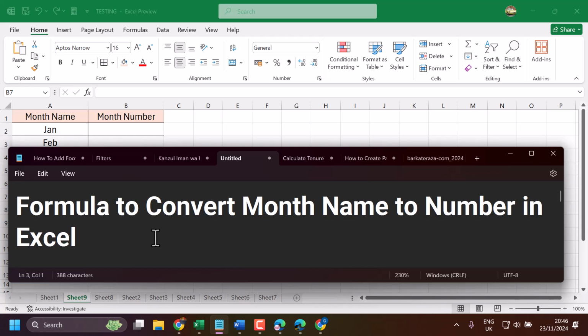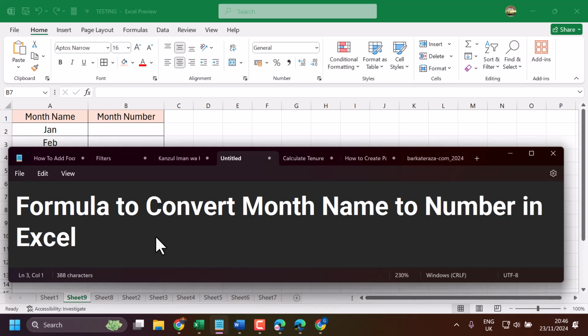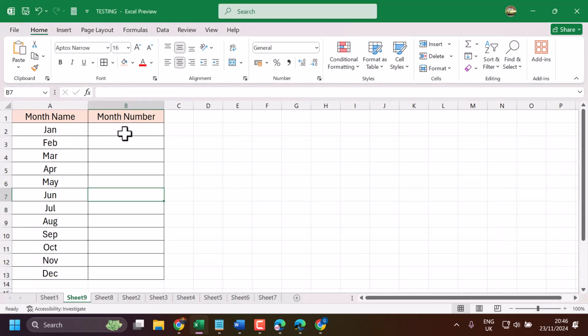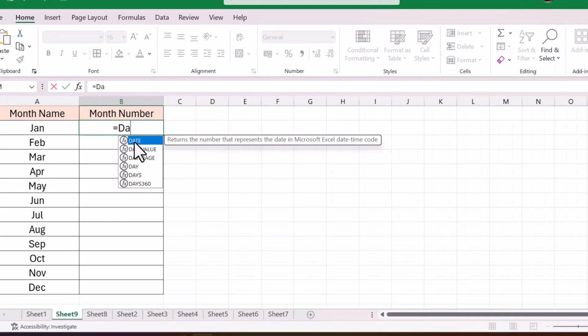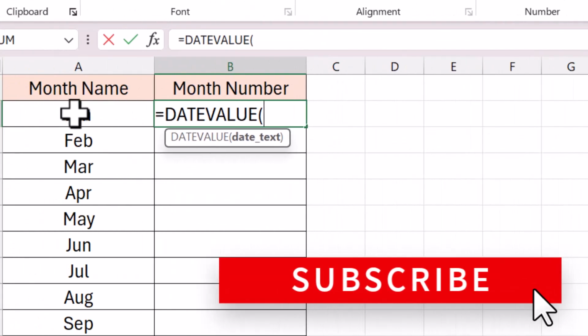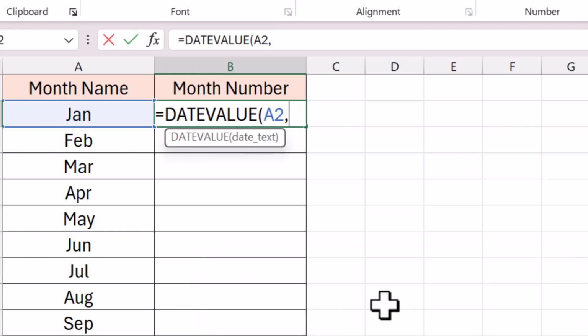In this video, I will show how to convert month name to number in Excel. So type equal, then date. Click on this date value. Now select this first cell, then comma, then end